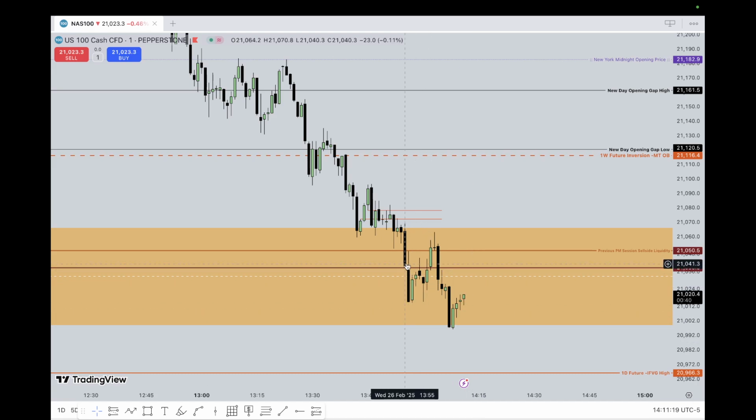I'm looking at the lower quadrant of this mitigation block along with the 50%. But my standard PD arrays, again, this one, and mean threshold this. I would prefer for the market to fall short of this consequent encroachment now. If we are weak,